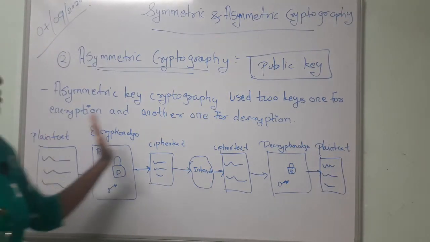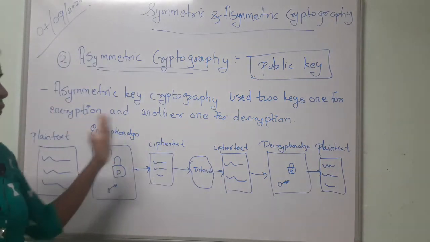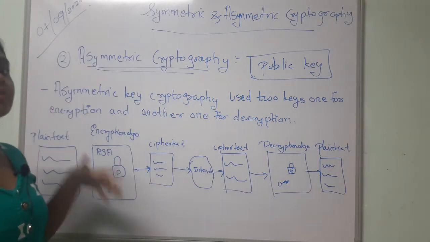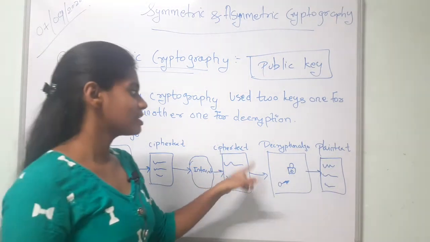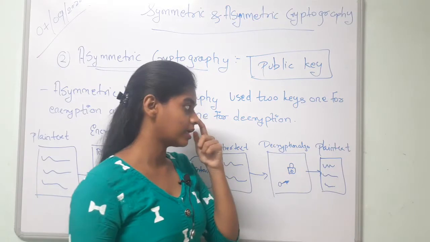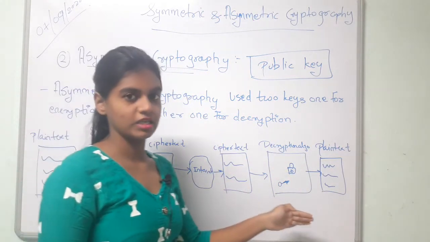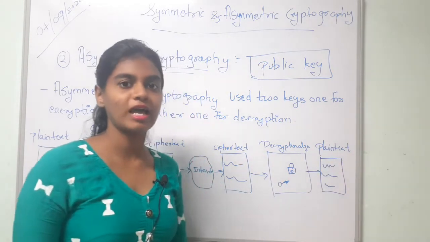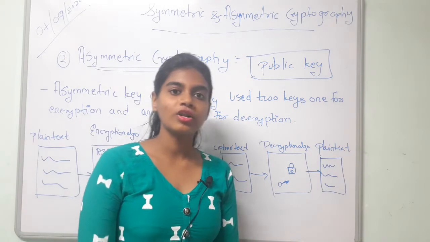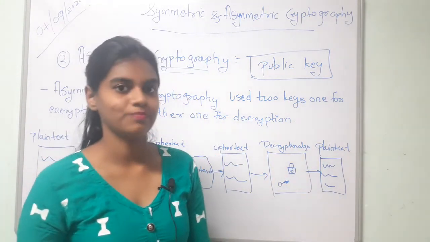The sender wants to send a message to the receiver. The sender encrypts it, converting it into ciphertext using an encryption algorithm implemented by RSA, and then it goes over the internet. The ciphertext is then converted into plain text by the decryption algorithm, but here using a private key. Only the receiver can verify it, and then it is converted into plain text and the original message reaches the intended person, the receiver.